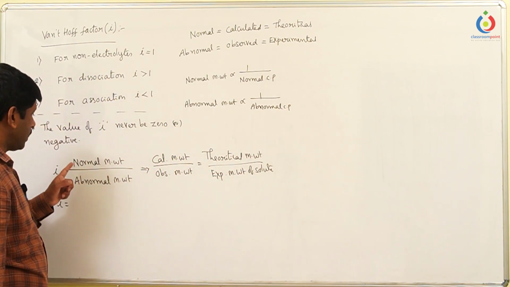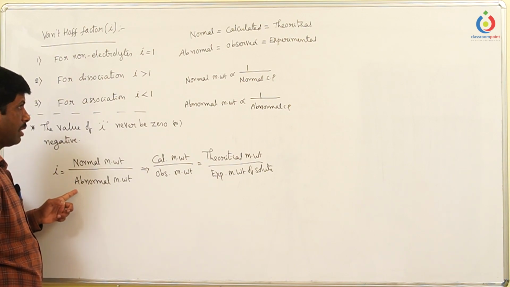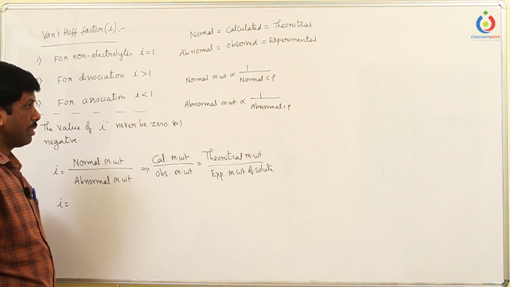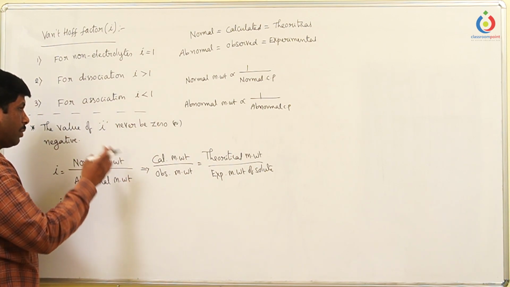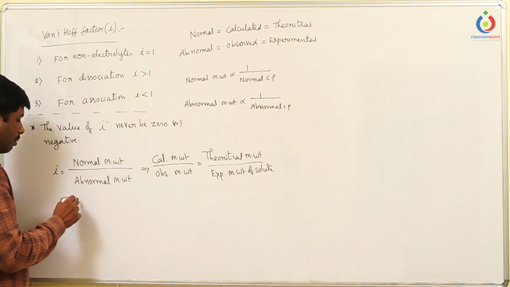So in place of normal molecular mass, if I substitute the colligative property, it goes to the denominator. And in place of abnormal molecular mass, if I substitute the abnormal colligative property, it goes to the numerator. So finally, in terms of the colligative property, the formula can be written as